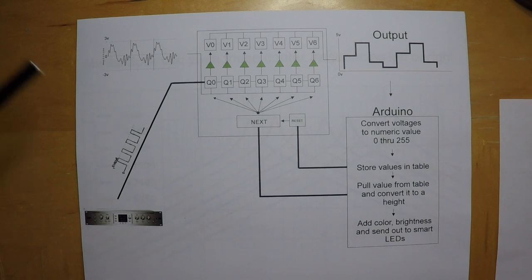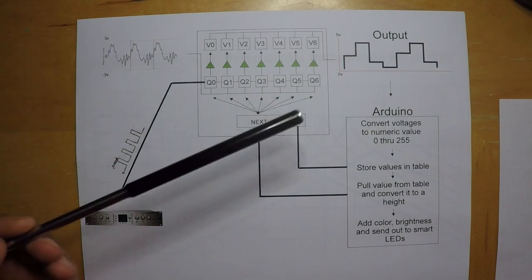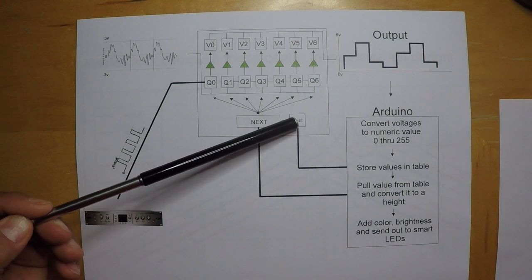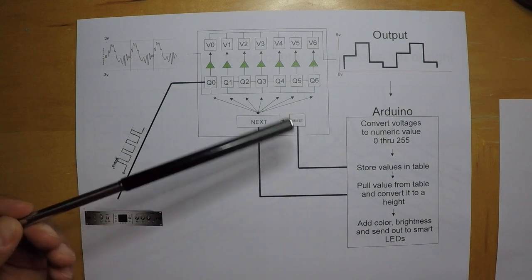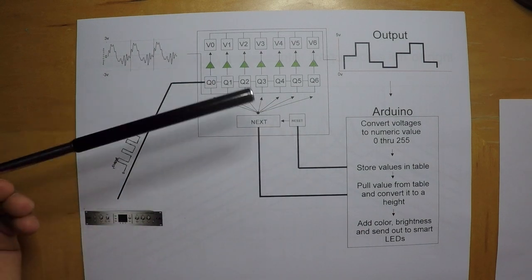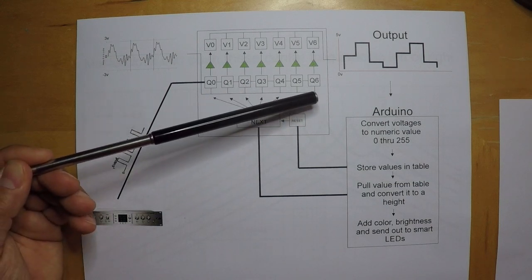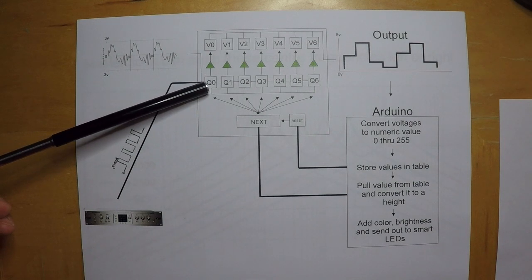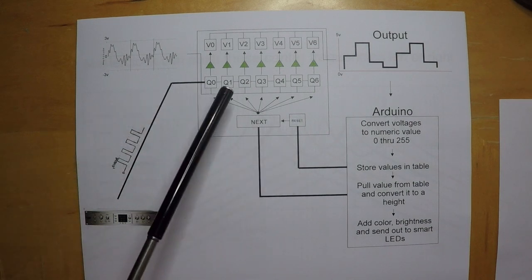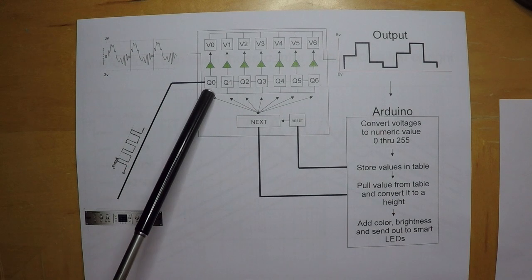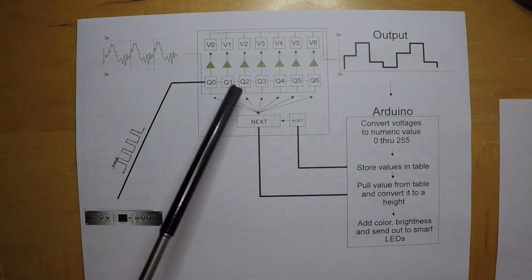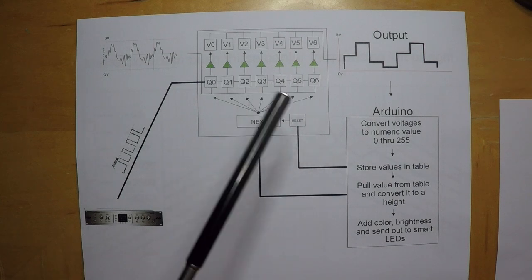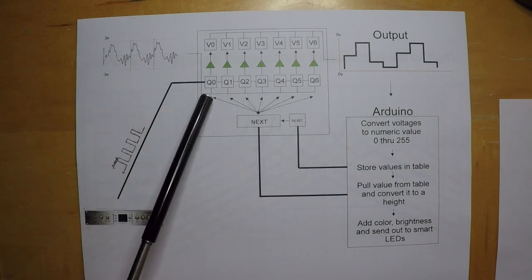Okay, and the first thing the Arduino does after it's powered up is it sends a pulse to the reset line. The reset line will basically kill all these filters except for this filter here. These are 7 filters. Each one of these filters is basically filtering out a specific range of frequencies. They're tuned filters.